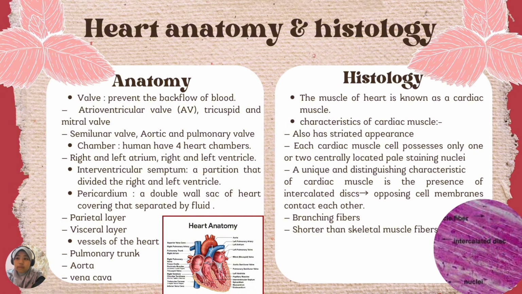For example, valve is essential to prevent the backflow of blood, and there are four different kinds of valve in the human heart, which are tricuspid and mitral valve under the atrioventricular valve, and aortic and pulmonary valve under the semilunar valve. The next structure, which is chamber: humans have four heart chambers, which are two atria and also